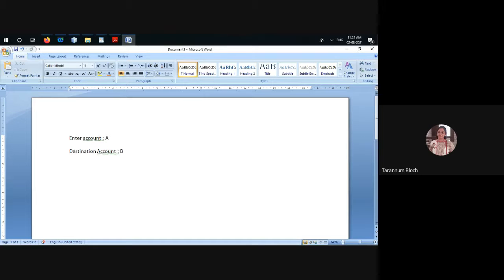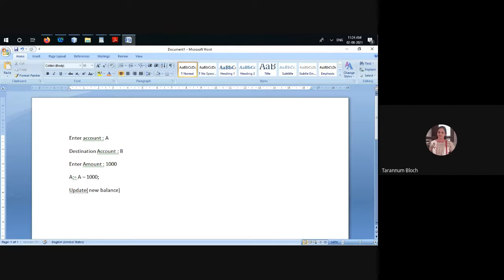And then we will ask enter amount to be transferred. Right now 10,000 is the balance in account A. So if I say transfer 1,000 rupees to account B, it means that it will subtract the 1,000 rupees from account A. And then it will update the account with the new balance.